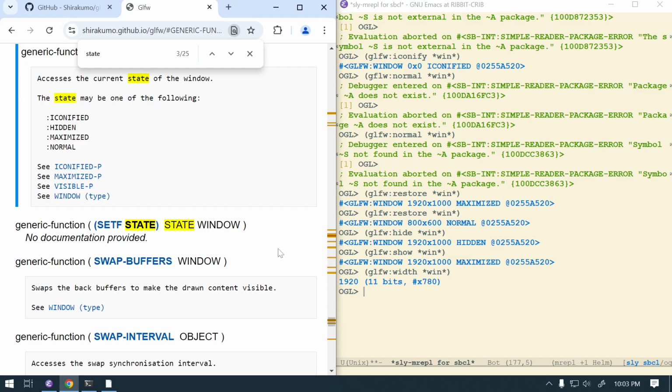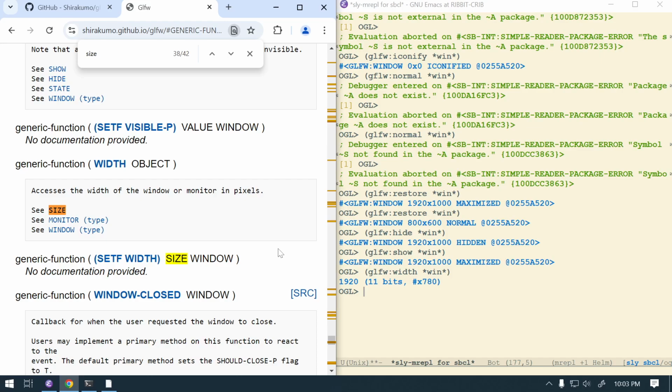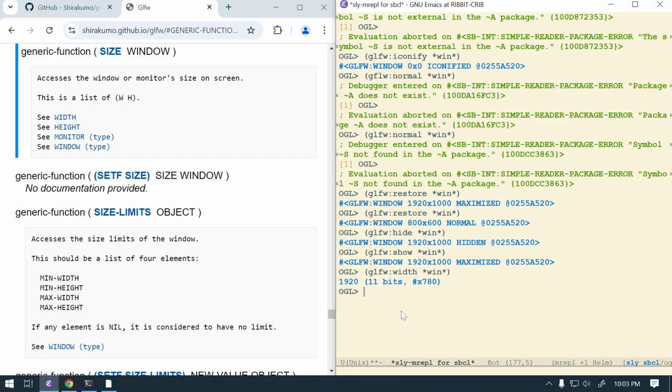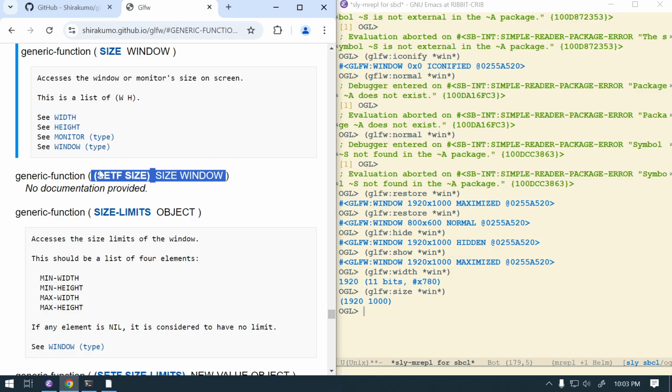Let me just see if there's a size here. There's the width. That's what I just tried. There's a size also, and this is a generic function, size. So if I say GLFW size window, it's kind of confusing because of the generic function, the way it shows here, set of size window. I don't know why he's got this written like this. I'm sure it makes sense to someone, but